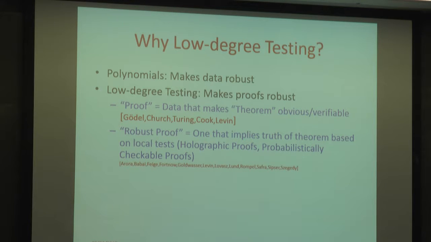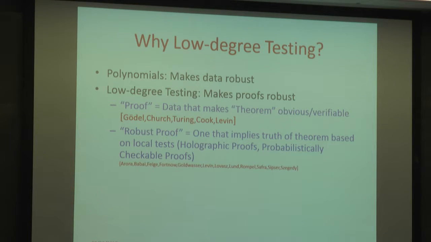A robust proof is something that should imply the truth of the theorem based on local tests. You should be able to look at the proof in a few places and say, yes, I believe the theorem. All the examples of proofs that we've seen thus far seem to suggest that this is an impossible concept to strive for, and yet in the theory of computer science, with all these people having worked on it just to define the concept, there is this concept called probabilistically checkable